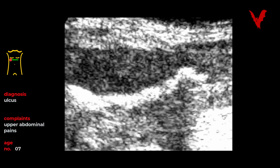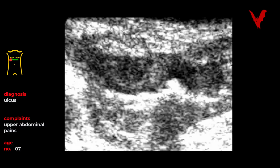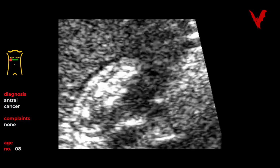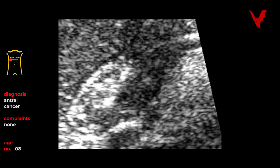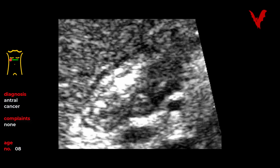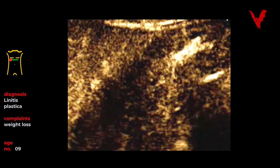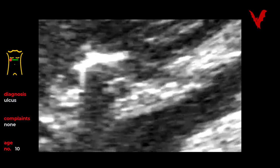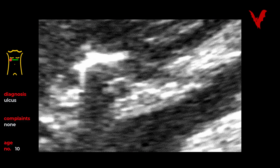In Figure 07, it is a big alteration confirmed by endoscopy, first seen in echoscopy. And in Figure 08, wall thickening is caused by an antral carcinoma, whereas a linitis plastica is demonstrated in Figure 09 in bubble technology. Another alteration, now in the duodenal bulb, is seen in Figure 10,